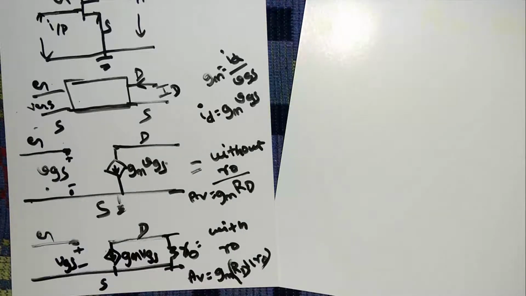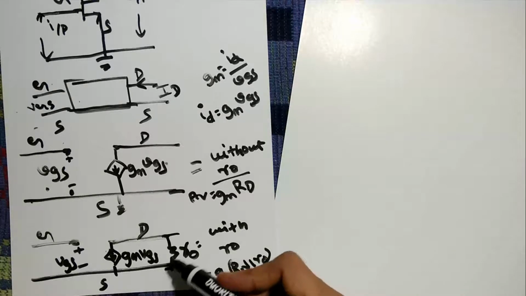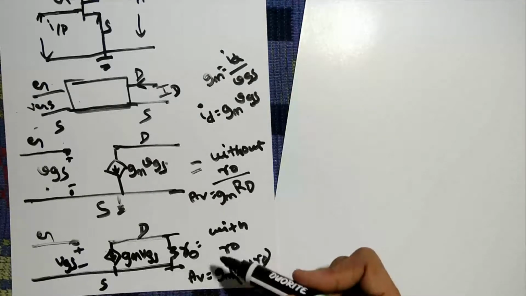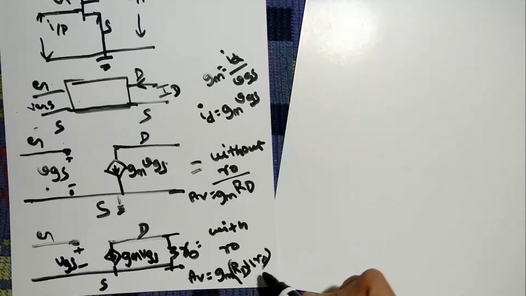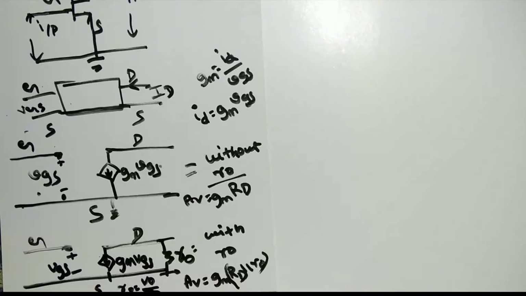You can take both possibilities because R0 is very high. When R0 is high, in the parallel case, we can ignore it. R0 can be written using Ohm's law: R0 is nothing but V0 divided by ID. V0 is the output voltage, which may be VDS, and the current is ID. So R0 can also be represented as output voltage by current. So this is all about R0.